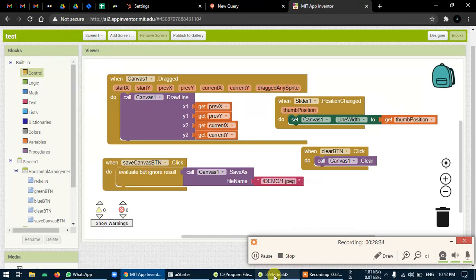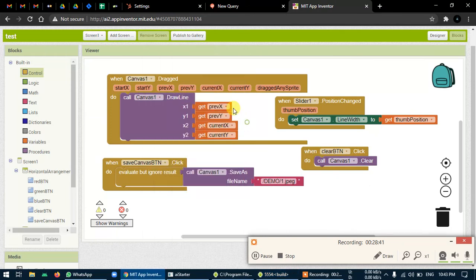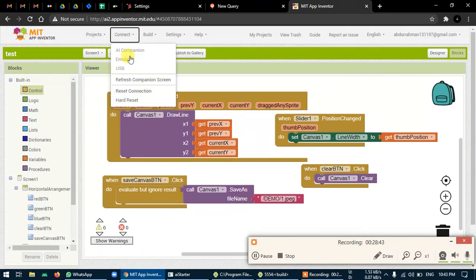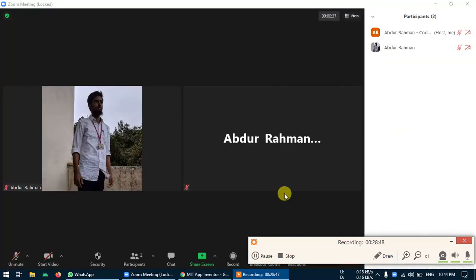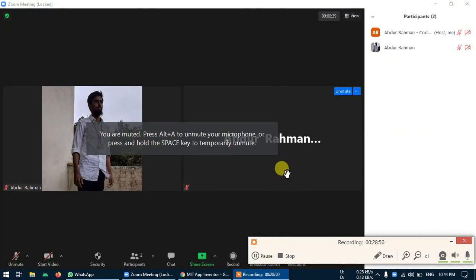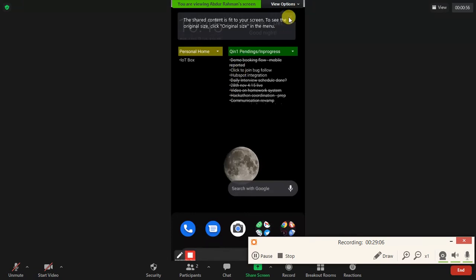Now let's just refresh the thing. Wait, let me refresh, because we are getting text for button one. It must be the save button. Again, it will take a lot of time to refresh. Okay, so what I did: the emulator was taking a lot of time to load the code blocks, so I have connected Zoom, and I just joined from my Zoom mobile to my Zoom laptop, and I'm going to share my mobile screen.